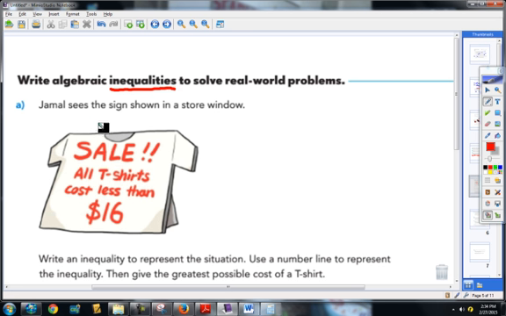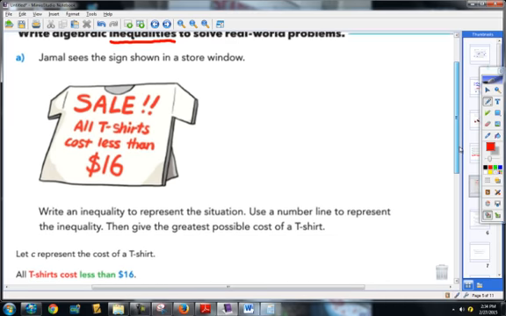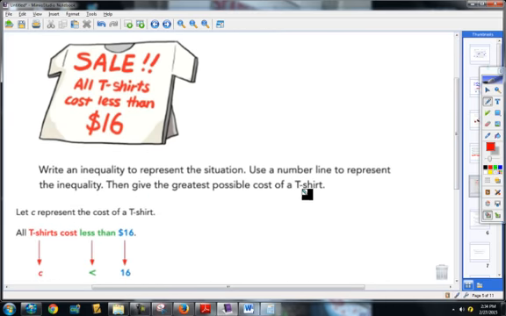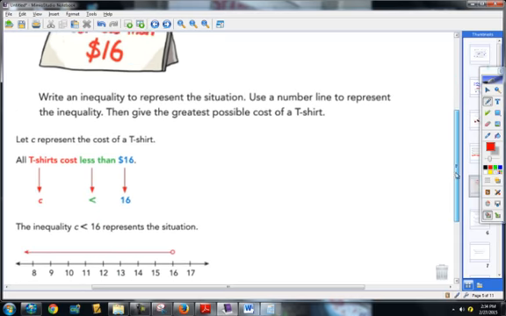These are difficult. Okay. Jamal sees the sign shown in a store window. He sees a sale. All t-shirts cost less than $16. Okay. You're going to write an inequality to represent that situation. Use a number line to represent the inequality, then give the greatest possible cost of a t-shirt. Okay. So,